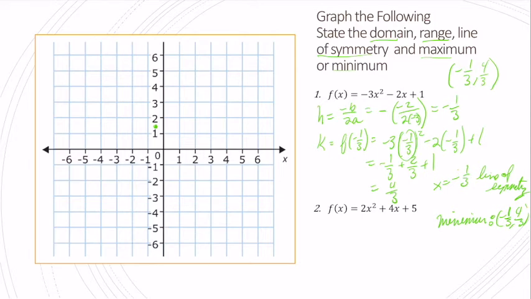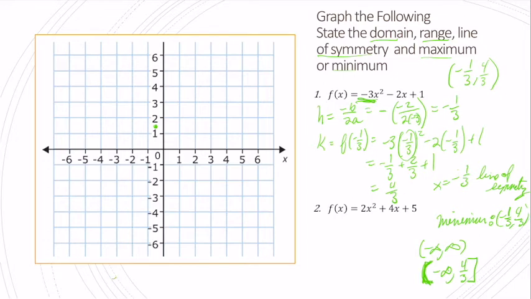My domain is negative infinity to positive infinity. And this parabola has a negative leading coefficient, so it's going to open down. So my range goes from y being negative infinity all the way to 4/3, and 4/3 is included. Now it's important to note when you're graphing a parabola, I want you to graph at least 3 points. If you didn't do that in the last exam, it was okay, but I need you to